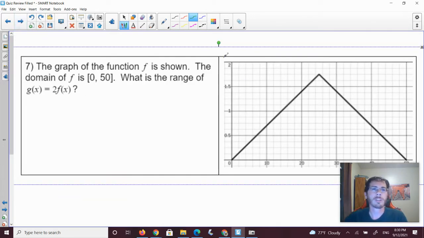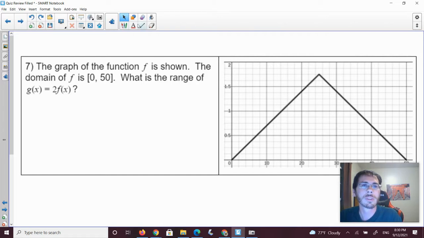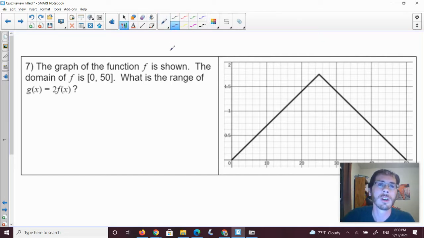Number 7, graph the function f is shown. Domain is 0 to 50. What's the range of g of x equals 2 times f of x? All right, well, right now let's find out f of x because it wants the range. So the range of f of x